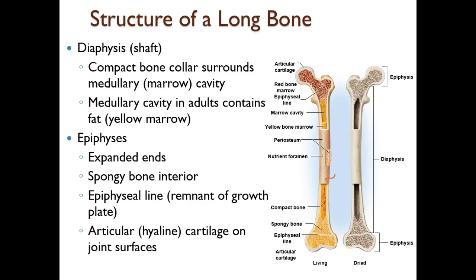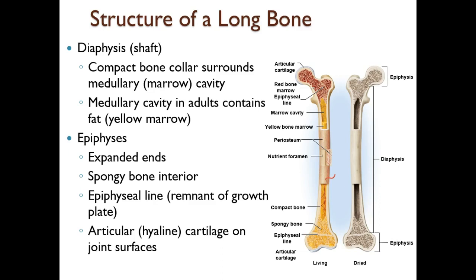Okay, you'll see that in children, the marrow in the medullary cavity is red bone marrow. But in adults, it turns to yellow marrow, which is more fatty, more of a fatty consistency. All right. I think that was about it. So the marrow cavity, bone marrow,